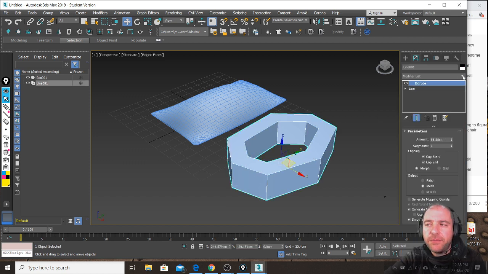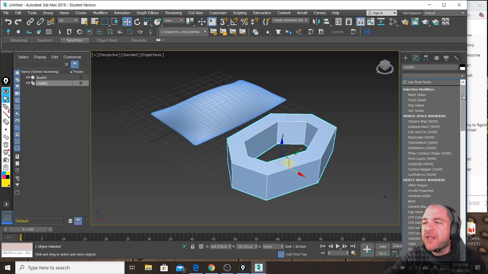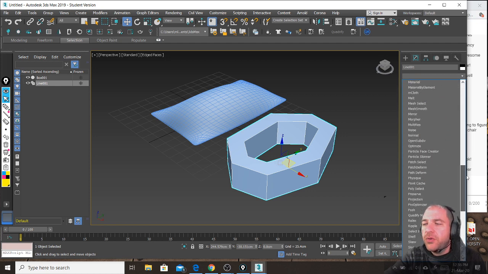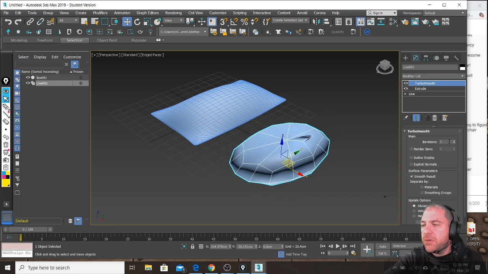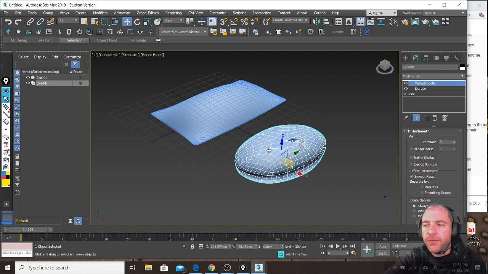I select this object and I immediately apply TurboSmooth. And the result that I will have will be terrible. Look, ready, steady, go, boom. I also go iterations to 3, and my donut